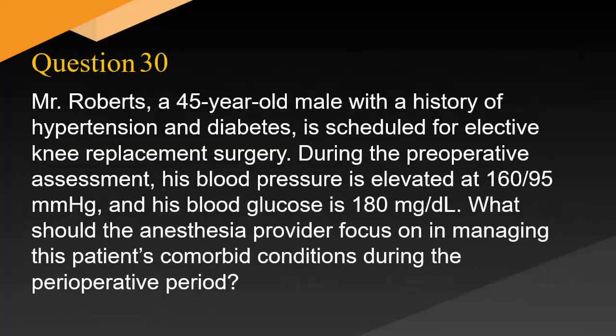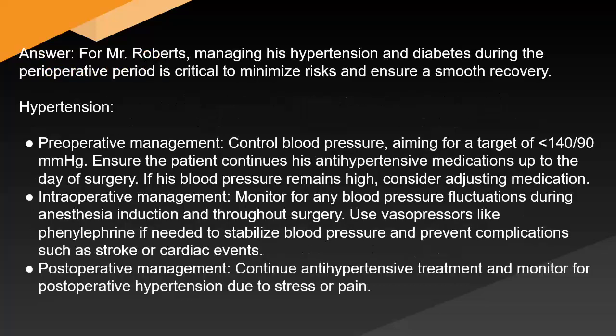Mr. Roberts, a 45-year-old male with a history of hypertension and diabetes, is scheduled for elective knee replacement surgery. During the preoperative assessment, his blood pressure is elevated at 160/95 mmHg and his blood glucose is 180 mg/dL. What should the anesthesia provider focus on in managing this patient's comorbid conditions during the perioperative period? Answer: for Mr. Roberts, managing his hypertension and diabetes during the perioperative period is critical to minimize risks and ensure